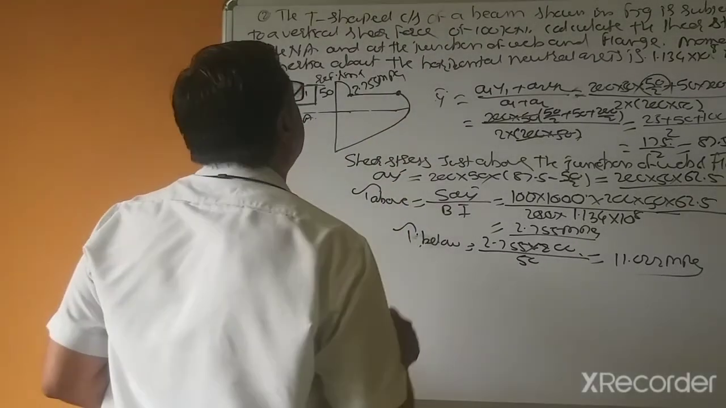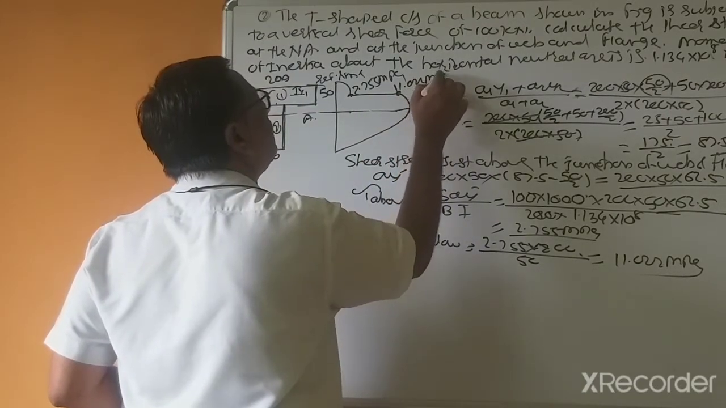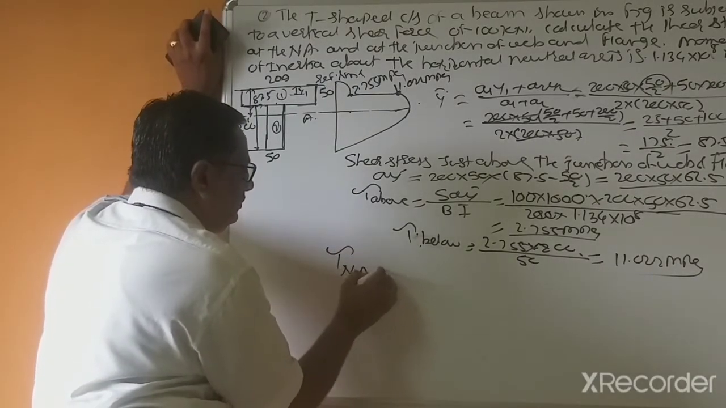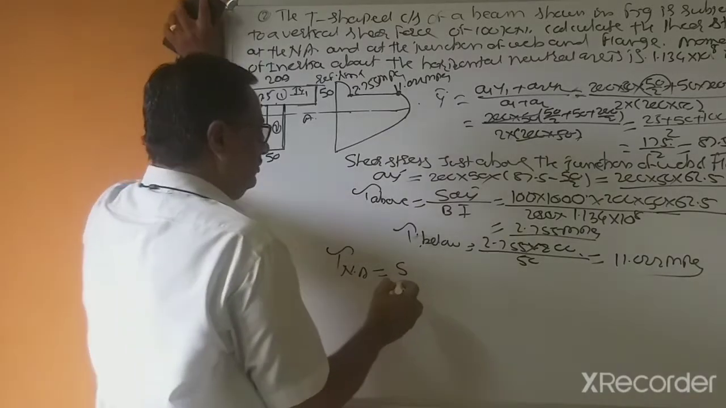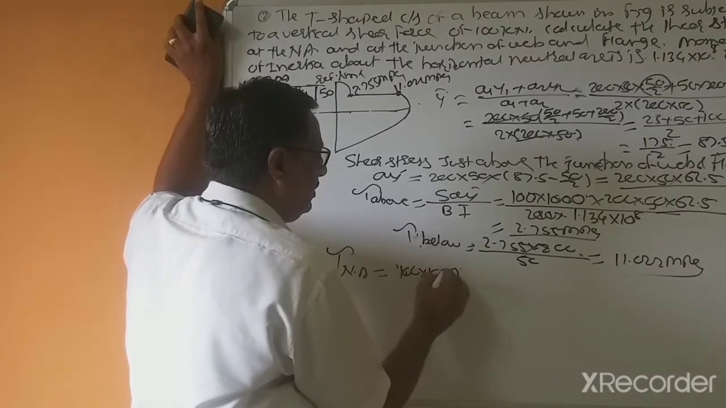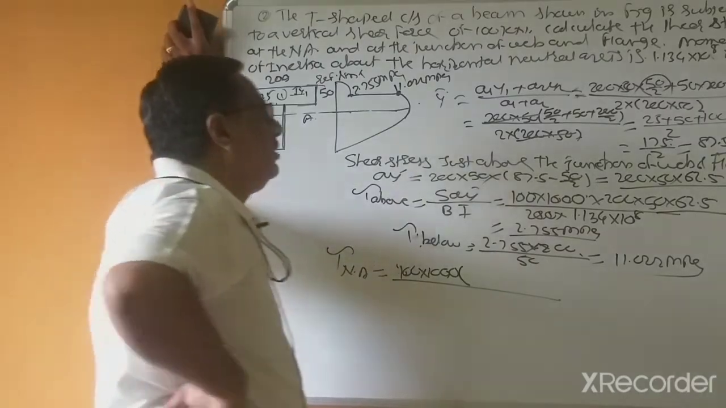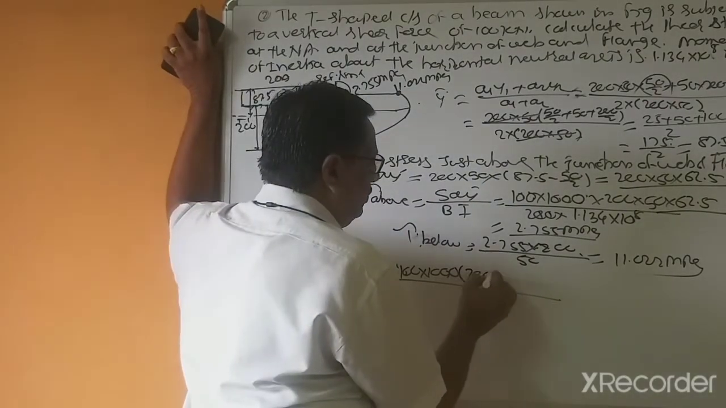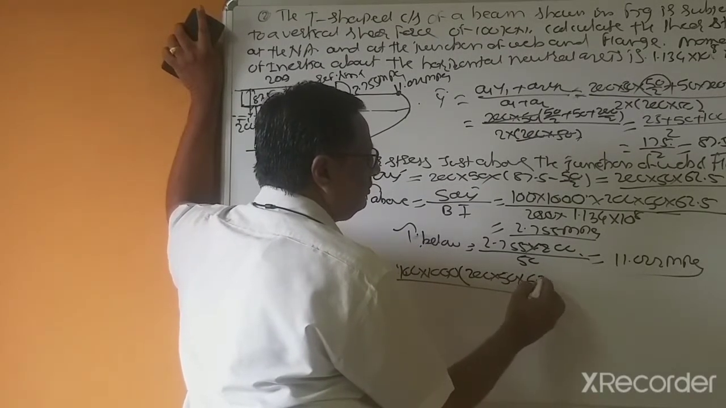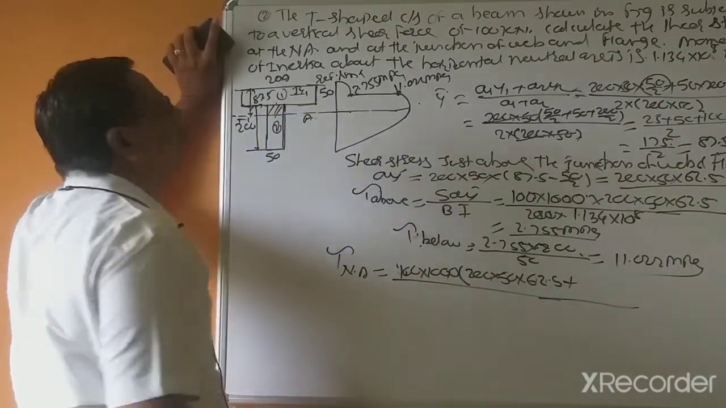Right. So this is 11.022 megapascal. Now about the neutral axis. So this is 100 into 1000, A1 y1, 200 into 50 into 62.5, plus, now this area equals